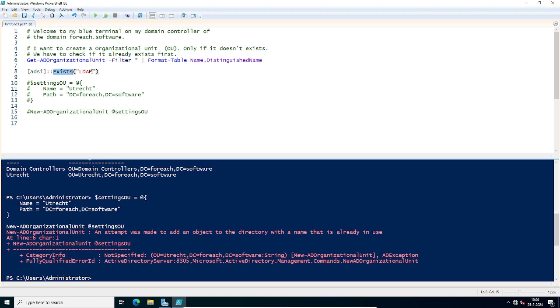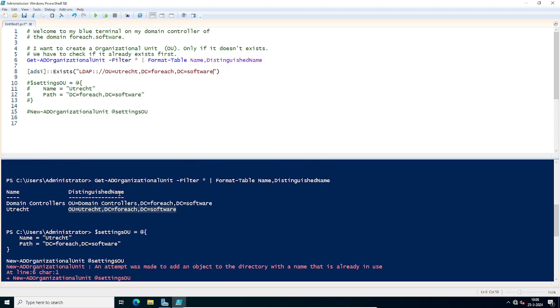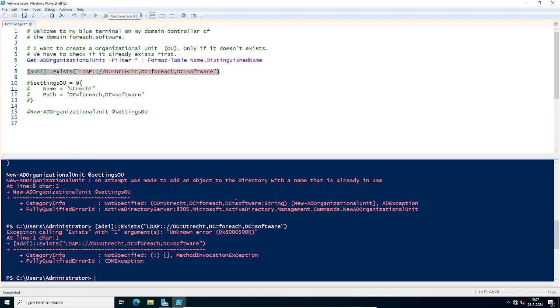And we're going to look if it exists, and we have to pass in a path, and the path I'm going to copy from our list. So let's copy this one. This is the path of the object within the Active Directory, and you see that's the distinguished name. That's how the Active Directory works. Let's look what kind of answer we get. So if we run this, we get a nice error,